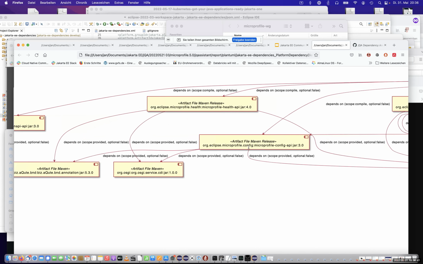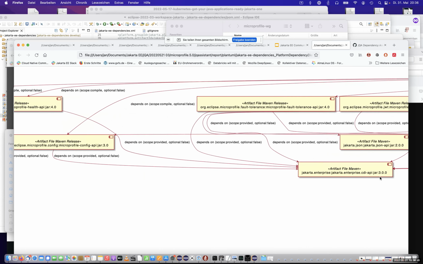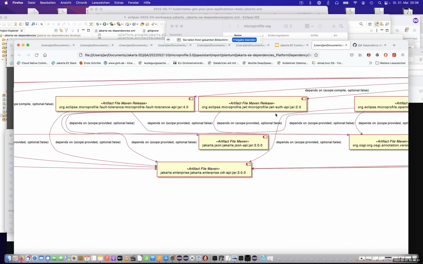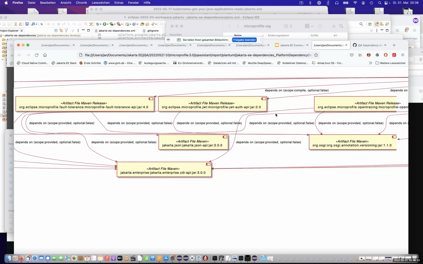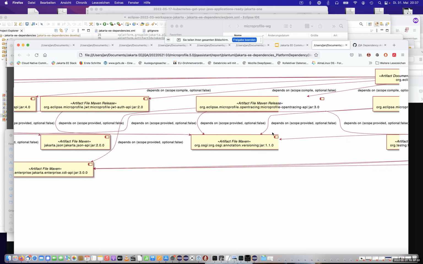Health, config. Here down we have CDI, fault tolerance, the JSON, JWT, open tracing,